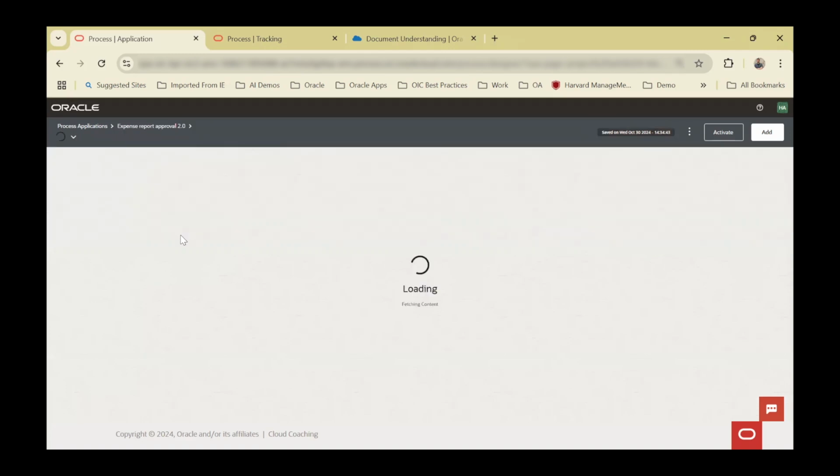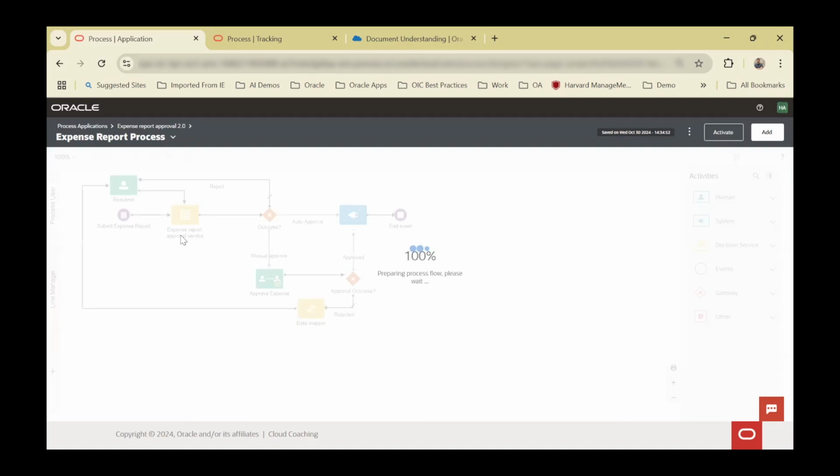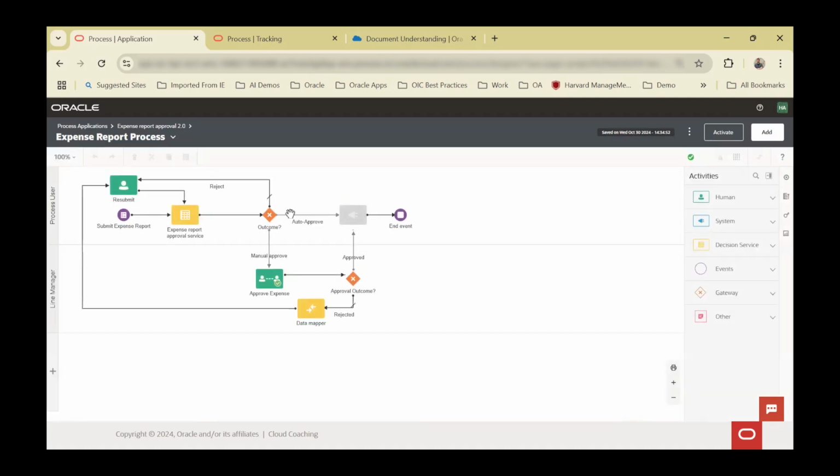After that, the outcome would be one of the two. Either it is auto approved or manual approval required. So here are the outcomes. Sorry, there is the reject as well. So if it gets rejected, it goes for the resubmit. If it is auto approved, then it goes for the next step. There is no manual approval required. And if there is a manual approval, again, based on the cost center, in my case, the amount, whether the receipt has been attached, and what is the type of expense they are raising, it goes for manual approval or auto approval. When it comes to the manager, if you look at, again, the UI,